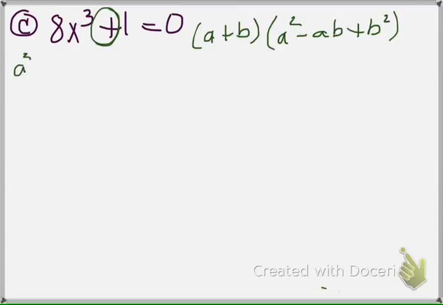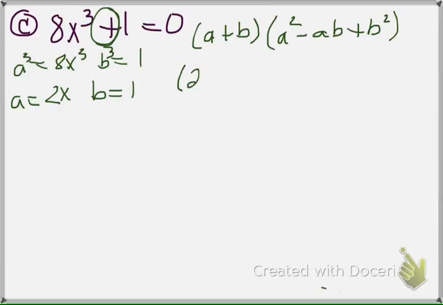My a cubed is 8x cubed. My b cubed is a positive 1. So my a would be a 2x, and my b is going to be a 1. And all we do is substitute into the formula. So this is 2x plus 1. So 2x times 2x is 4x squared. So that's your a squared. And then 2x times 1